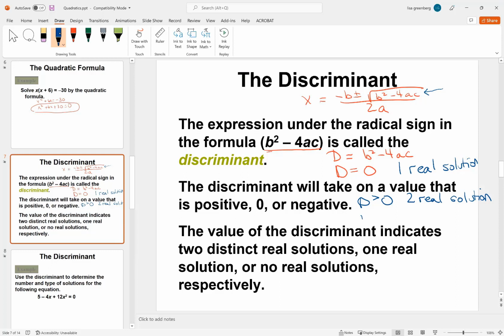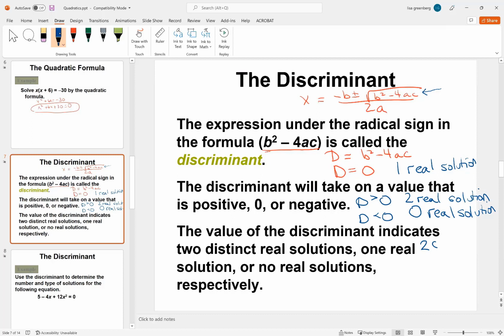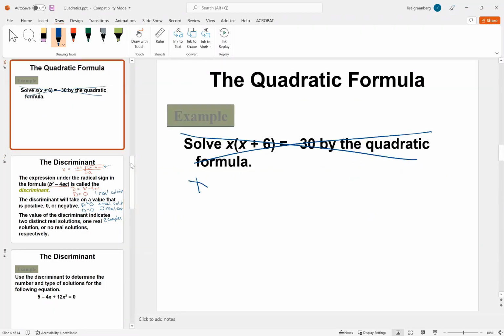And if the discriminant is less than 0, so now I have the square root of a negative number. So what I have is 0 real solutions, or I can say I have two complex solutions. Literally just from the discriminant, I can tell a lot about it. If the discriminant is equal to 0 and I have one real solution,